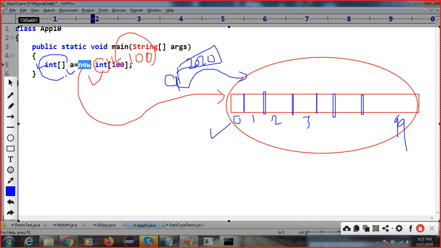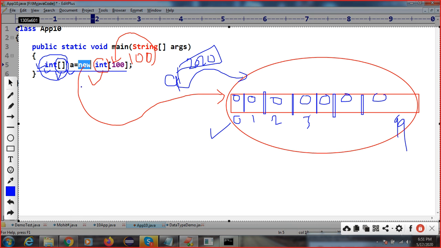This will tell the type. It will tell the JVM and compiler this is the integer type, a 1D array. This bracket will indicate a 1D array. Why are we writing this line of code? When you write this, what is the default value of an integer? 0. By default, 0 will be stored inside this. Now how to store the value inside this?